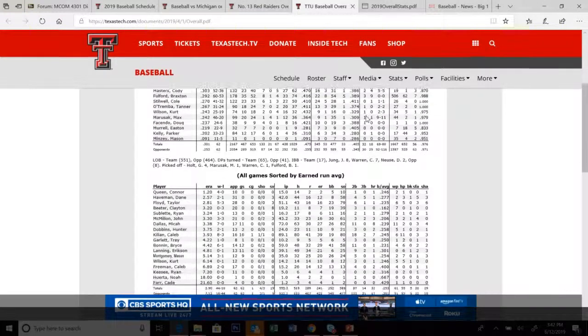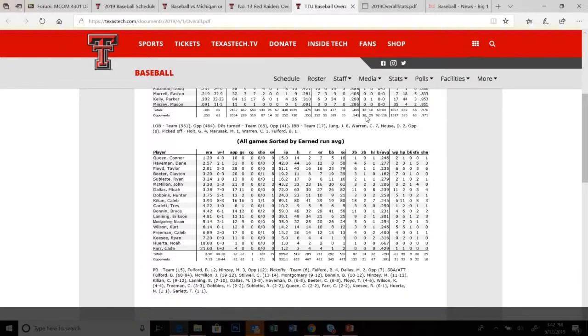And then I would look down at the pitchers and find three pitchers. And one of the things I would look at here is just some numbers that stand out. Clayton Beater leads the team in saves. SV is saves, with 8 saves. Connor Queen has 4 wins. There you see Micah Dallas, the starter, is 7-0. We do know that Caleb Killian will start a game, and there Caleb is 8-3. So all kinds of things that you can see to put together. I would then go to Caleb's bio, Micah's bio, and learn a little bit more about them.